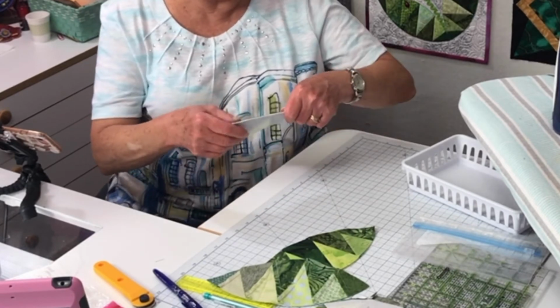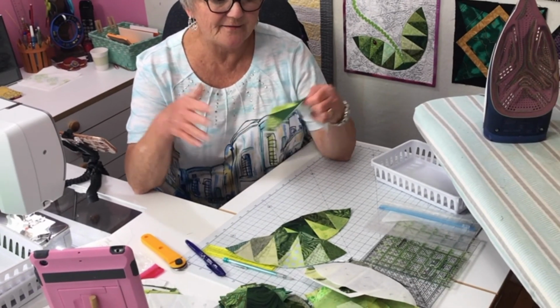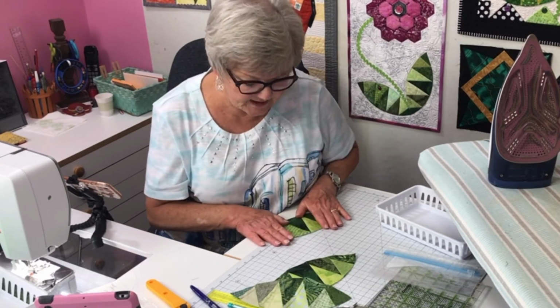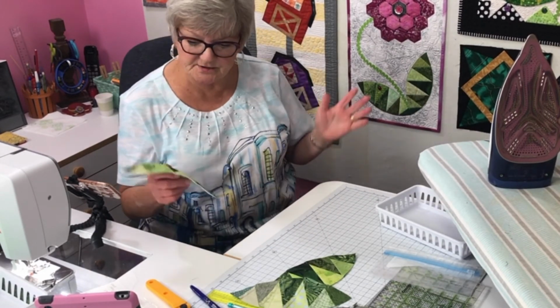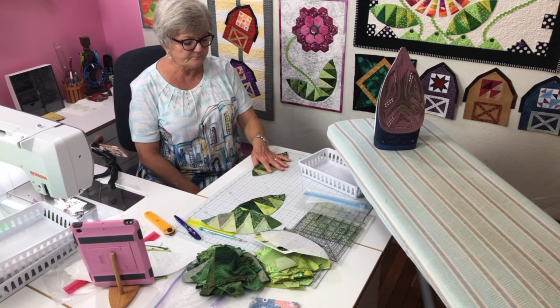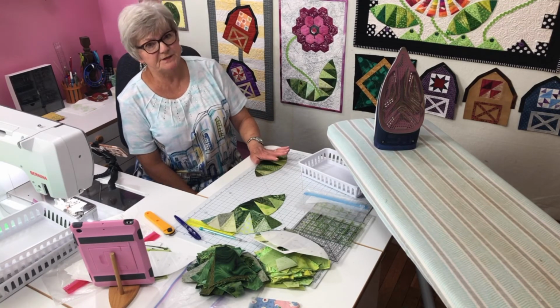And you don't want to press this with your iron too much, unless you have maybe a pressing sheet or something you can put it on. I just use my fingers and get it pressed nice, and then it's ready to put onto wherever you're putting it. If you're putting it onto a flat background, you do have to stitch it down eventually,